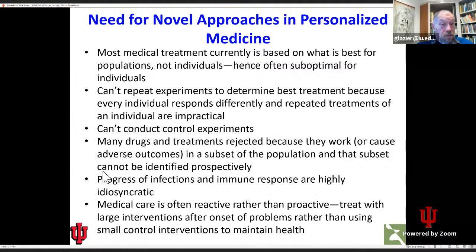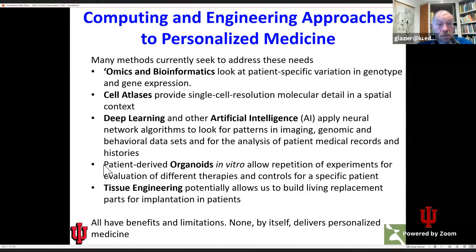So those are some of the reasons one might want to be able to build predictive models. Some people call those digital twins. We tend to call them virtual tissues, but we're really talking about the same thing. Simulations that take a state of a system and predict how it's going to change in time. If you're unfamiliar with this world, haven't taken this course or version of this course before,